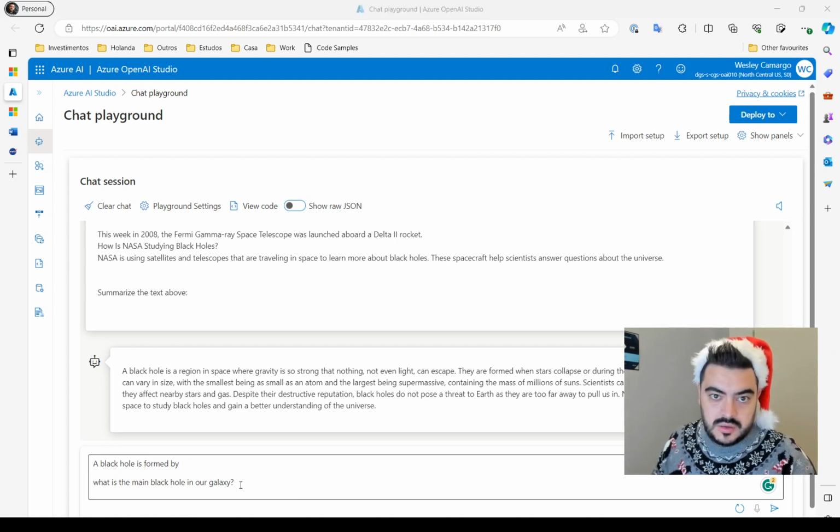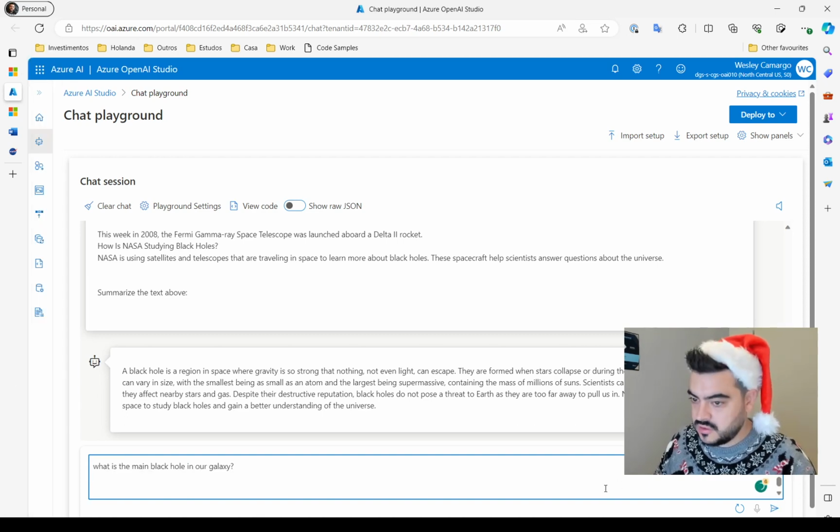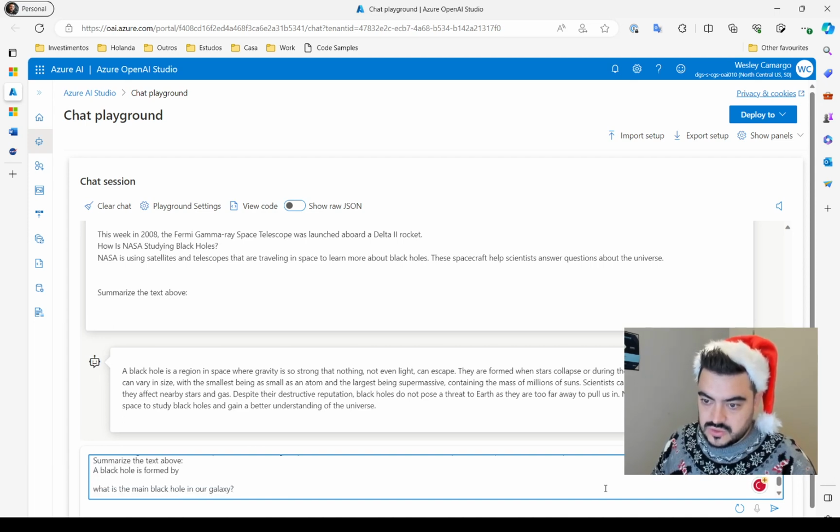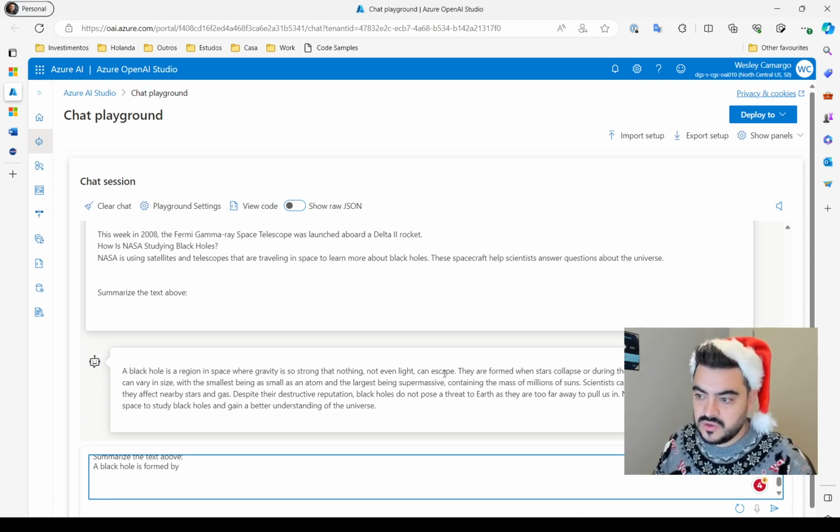Okay, let me copy again. I think I lost here. Yep. So again, we have the text, and I can ask to summarize and then induce the answer. So here it started with: a black hole is a region in space where gravity is so strong that nothing, not even light, can escape. So I can ask it to summarize and induce the answer